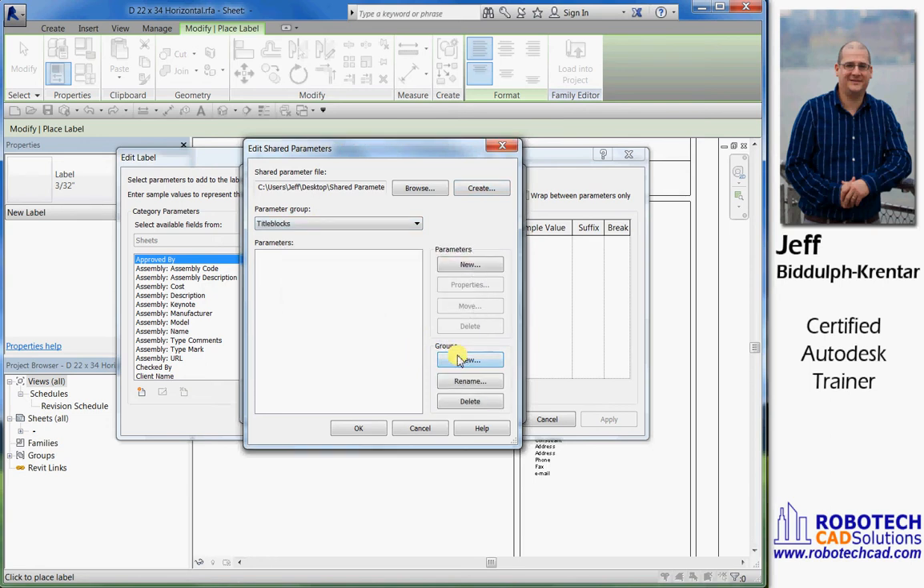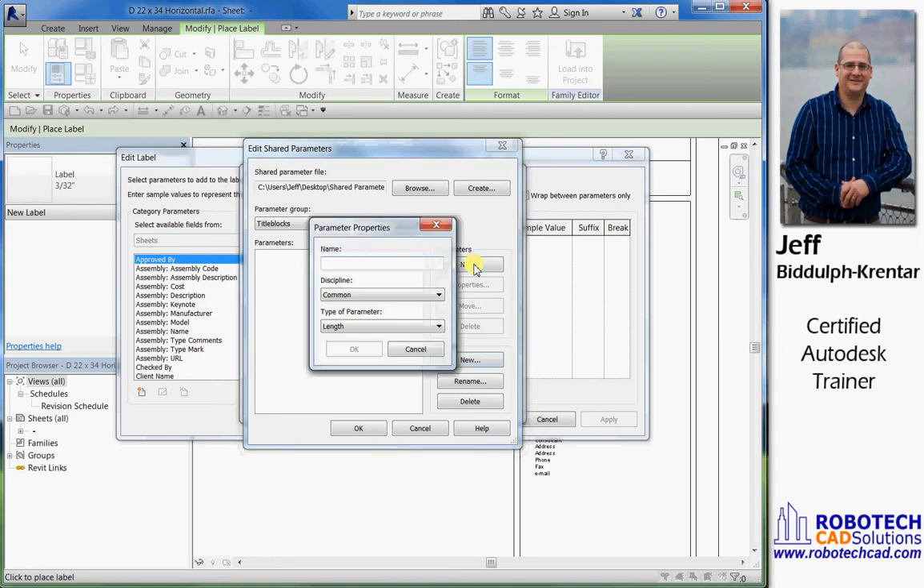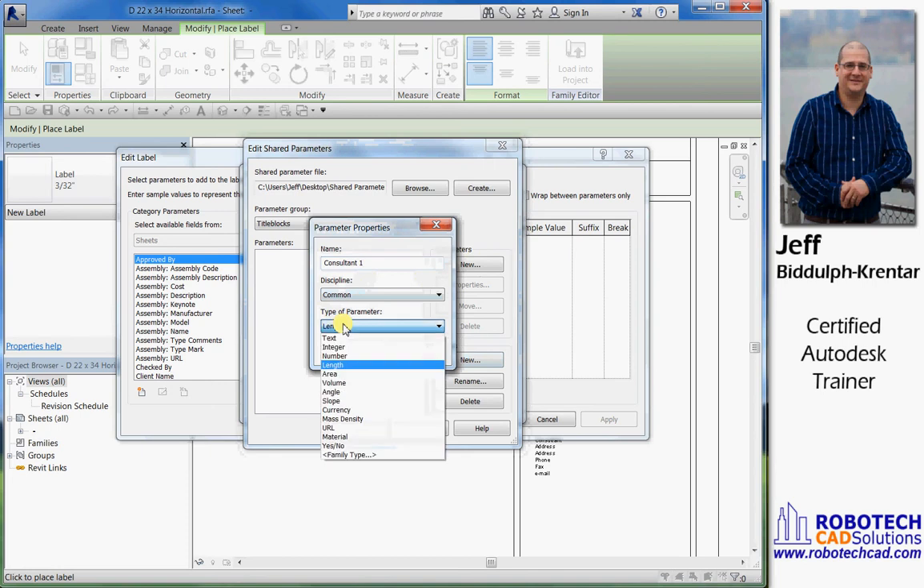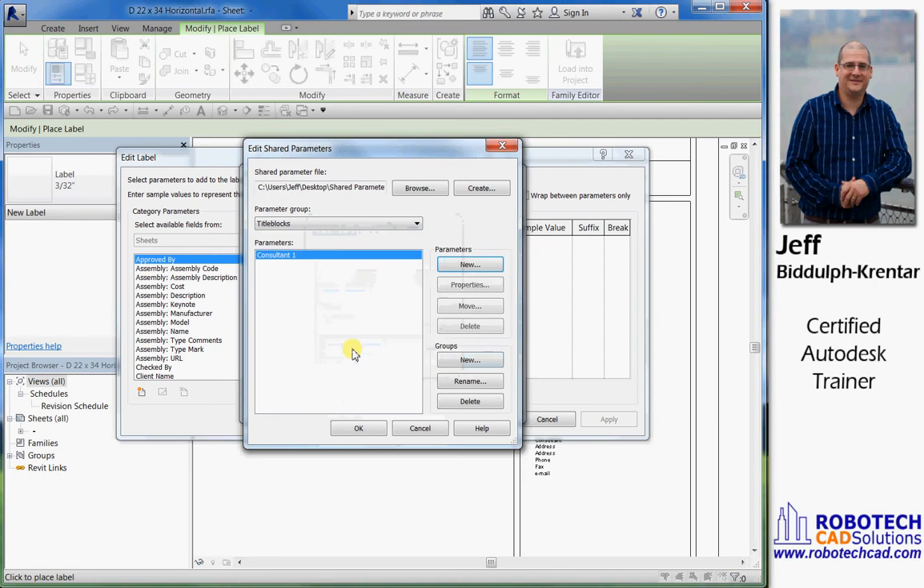And then inside of that group, I'll be able to add a parameter. I'll add a parameter called Consultant 1. Tell it what type of parameter it'll be. It'll be just a regular text parameter I'll be able to fill out. And hit OK. And while we're here, we might as well fill out a few more